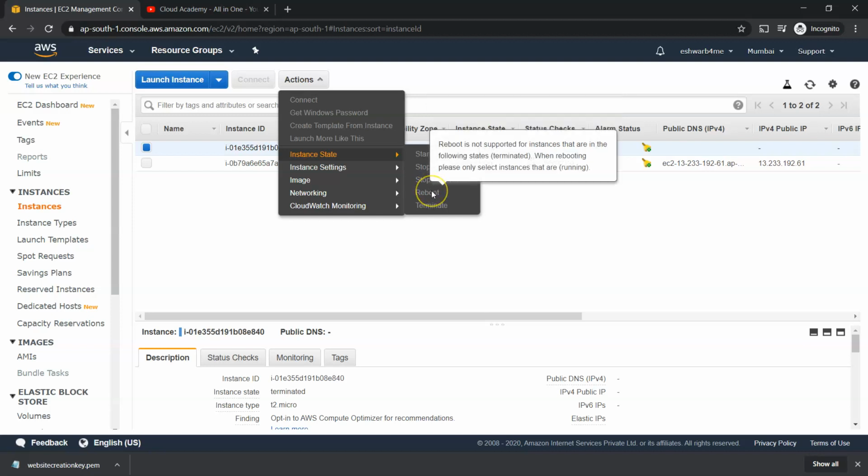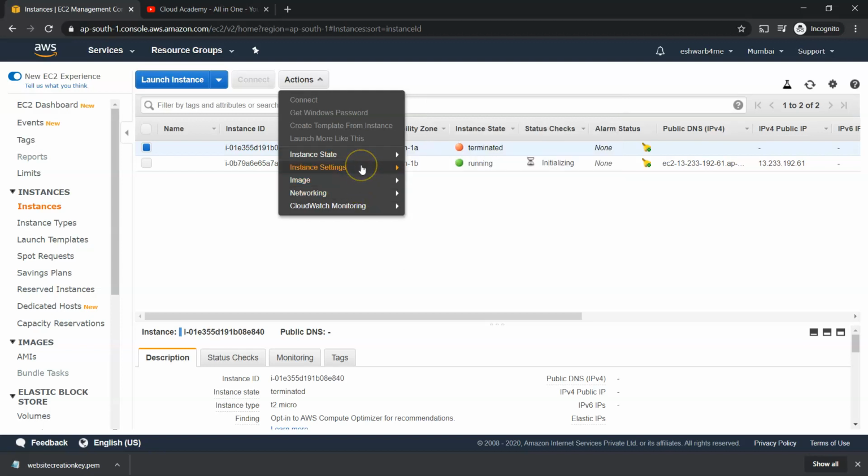In case you are updating something on your operating system and you have to reboot, then you can use this. And there are various other options, like you can even create an image. An image is like, you have configured everything on that particular machine and you want to replicate the same machine with 10-20 instances, then you can use the image concept. So create image, and from that image you will be able to create 20-30 instances, whatever you require.